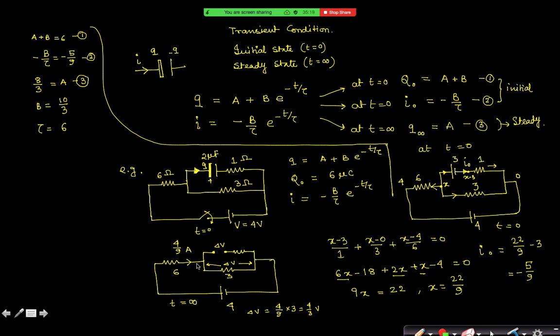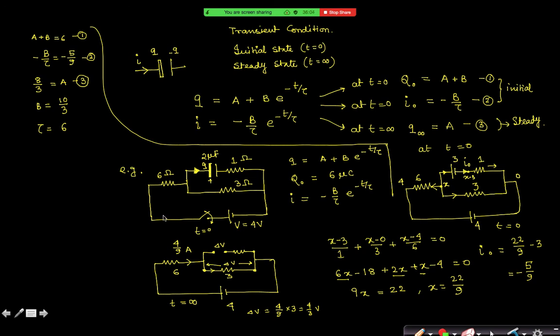Yes, sir. So now the current has only one path to flow, this 6, 3 and the battery. What is the current in this branch? Is it 4 divided by 9 ampere? Yeah. What is the potential difference across this 3 ohm resistor? It is 4 by 9 into 3 volt, yes or no? Yes. And that voltage is appearing across the capacitor because there is no current in that resistance. So the voltage at this point and voltage at this point are the same. Yes or no? Yes, sir, understood.